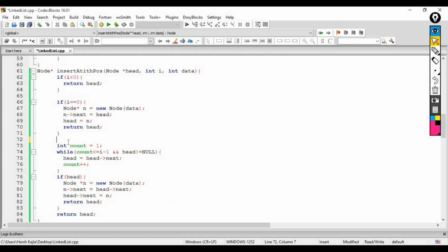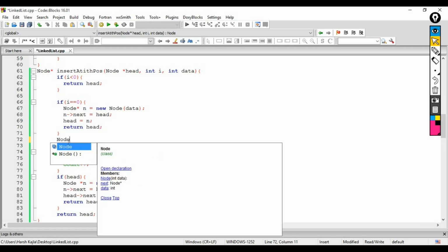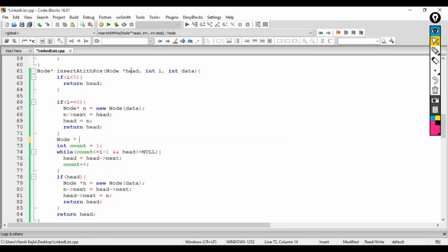So when we are iterating, the first way is to take a temporary pointer for iterating. You have to change here, make it temp, and then return the head.